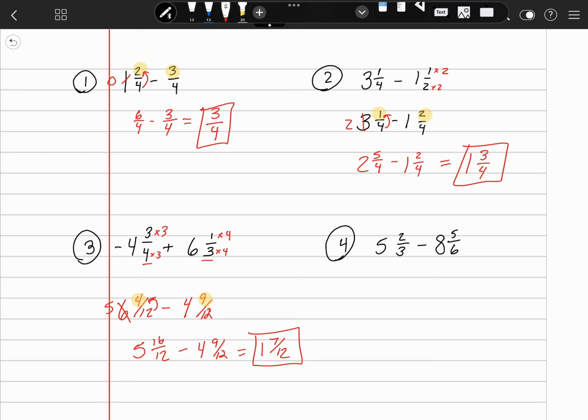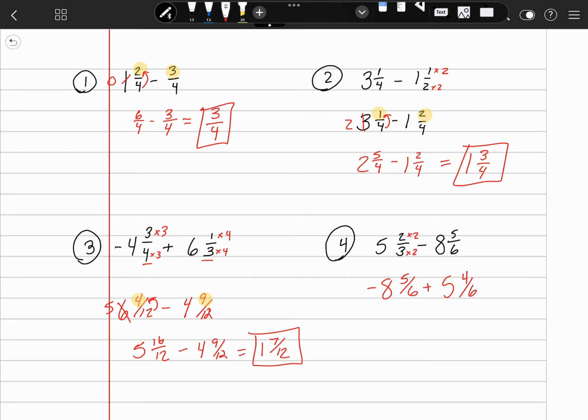Moving on to the last one. I need to rewrite these so that the bigger number's first. So 8 is bigger than 5, so I'm going to be 8 5/6. I'm going to times this one by 2, so I have common denominators. 5 is positive, I'm going to keep it positive. 5